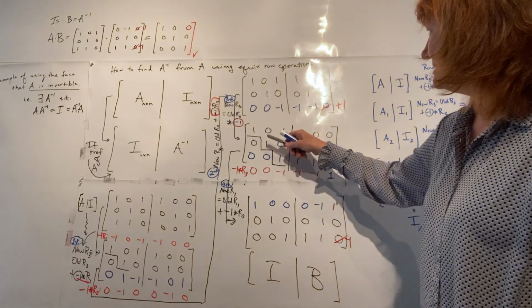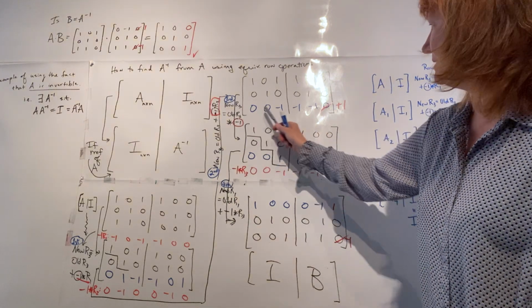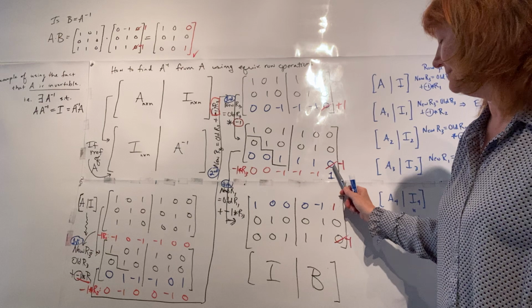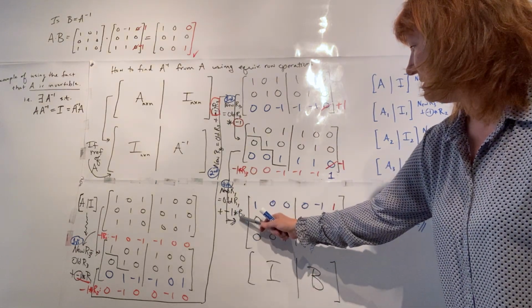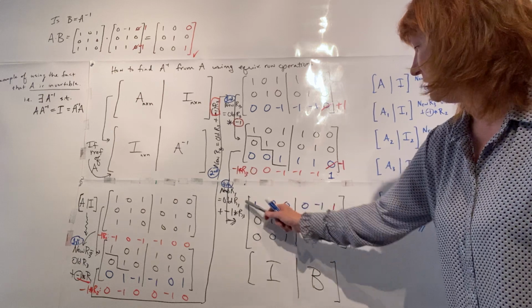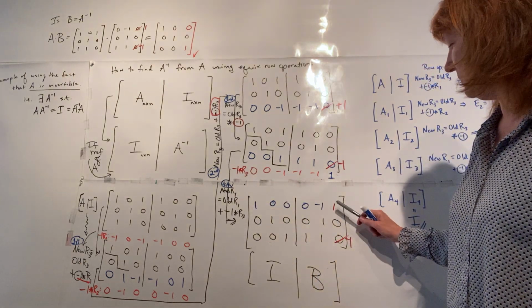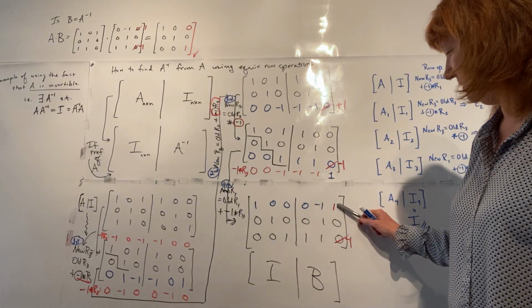So then this third row operation, I should have had, which was multiplying the third row by a -1. I should have had a -1 there, right? And then my fourth row operation, which was taking a -1 times row 3 and adding it to row 1, that should have given me a 1 here. So in this last matrix, the B should have had a 1 up here and a